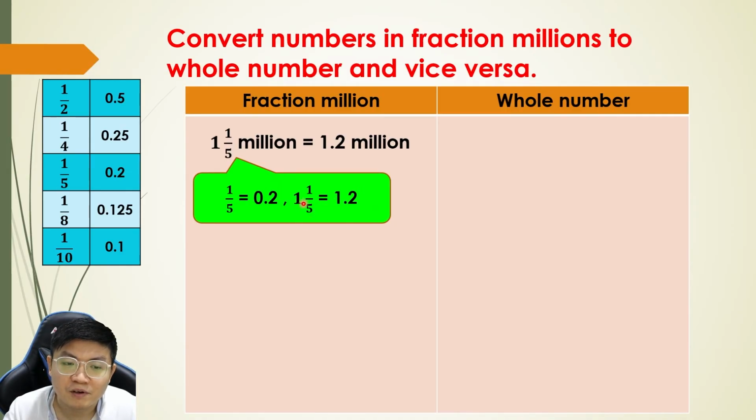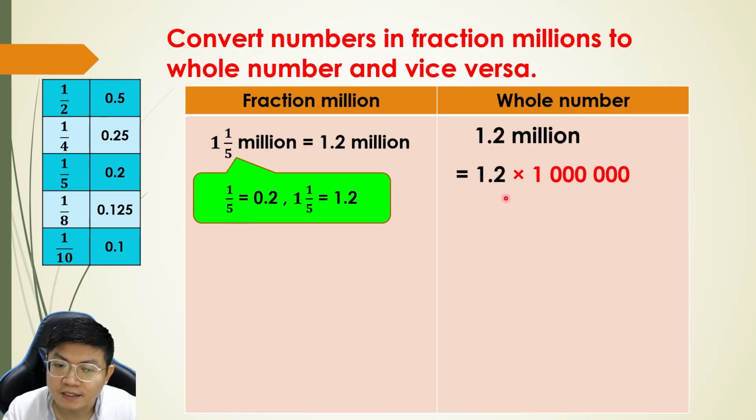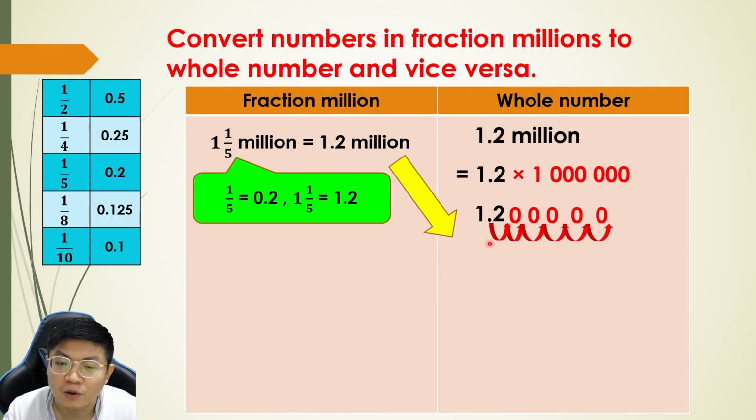If you have 3 1/5, it means 3.2. Okay? So 1.2 million, then you times 1 million. Then you shift 6 times: 1, 2, 3, 4, 5, 6. And you insert the 0 at the holes generated by the move. Therefore, final answer would be